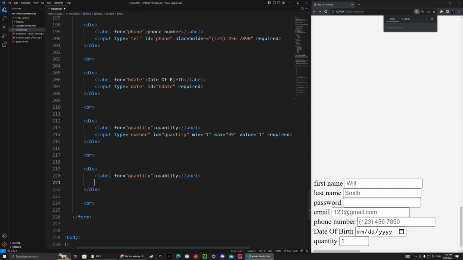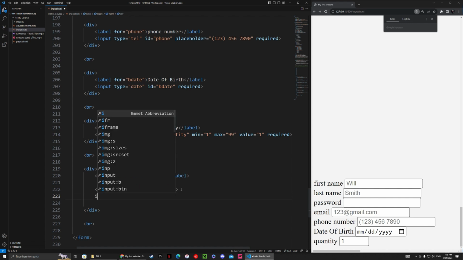Okay, this next part is a little complicated, so bear with me. It's a bit confusing at first. So label for title, and we're gonna name this title. And then we have Mr., Mrs., and Doctor. So label again for Mr., close that, and then we're gonna name it Mr. Input,